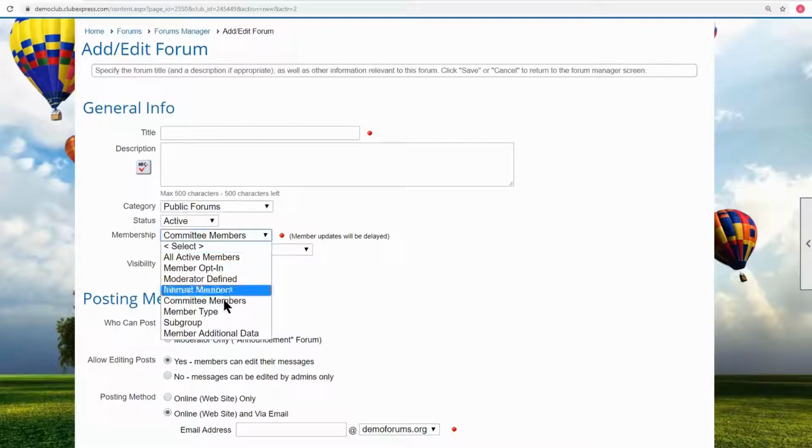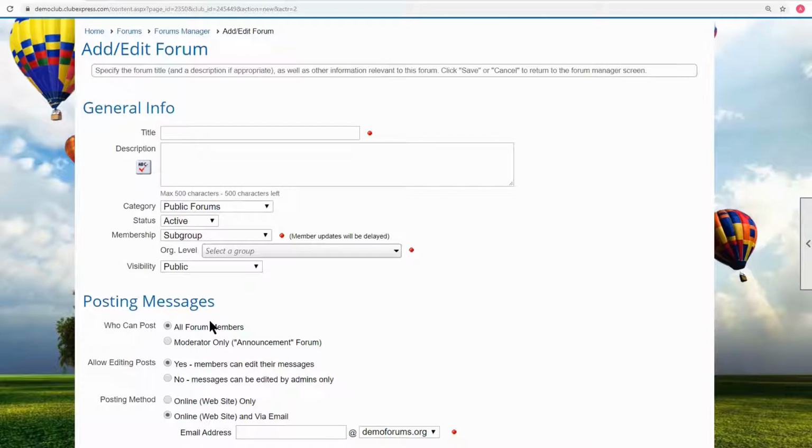Or is it for just a particular member type? Maybe you have membership that's got individual members, or maybe you have one that's just for your gold level members or your platinum level members, or only for your trial members. Or it could be for a particular subgroup if your organization uses subgroups. So it might be your Northwest region or something like that.